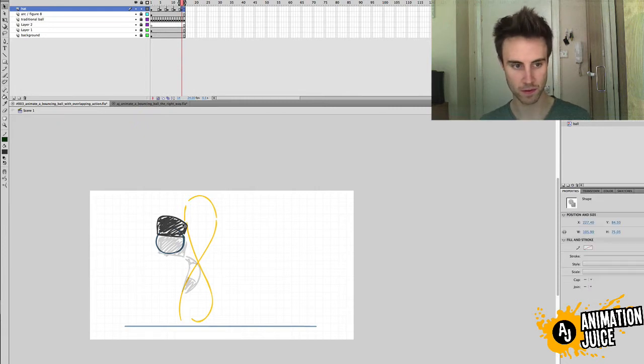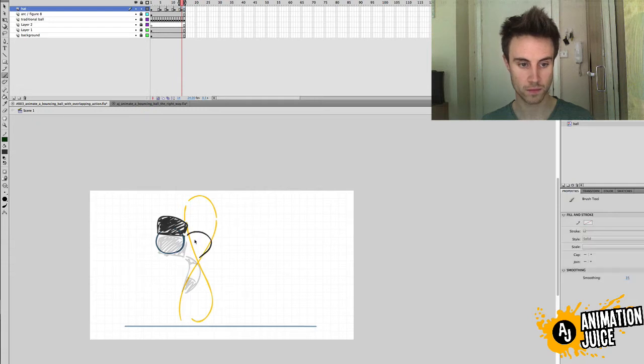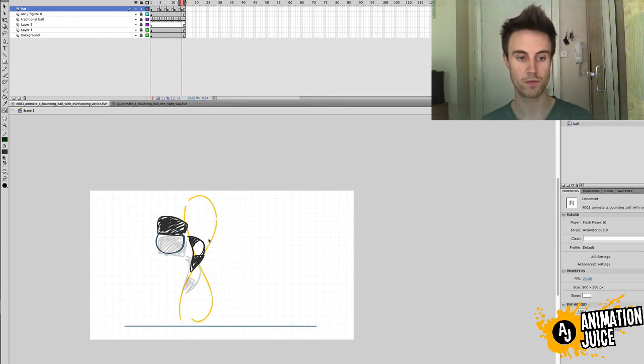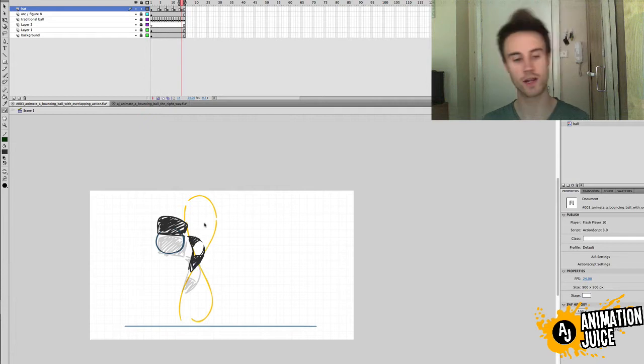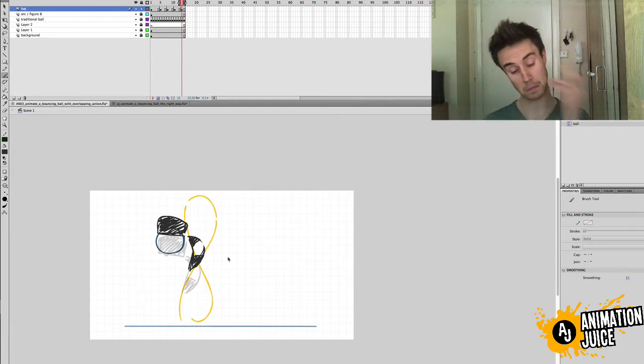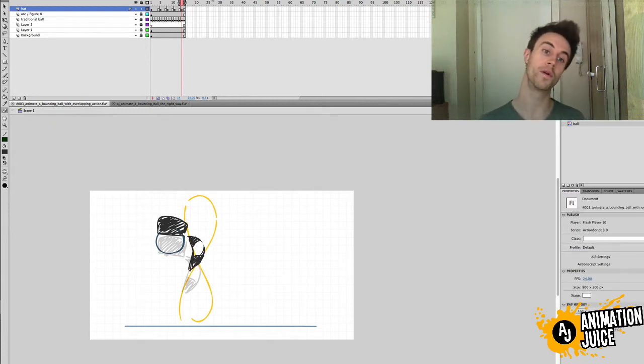To grab the transform tool, just hit Q. I'm really just trying to match this to the rough figure 8 that I've drawn, because that's really going to help you when doing